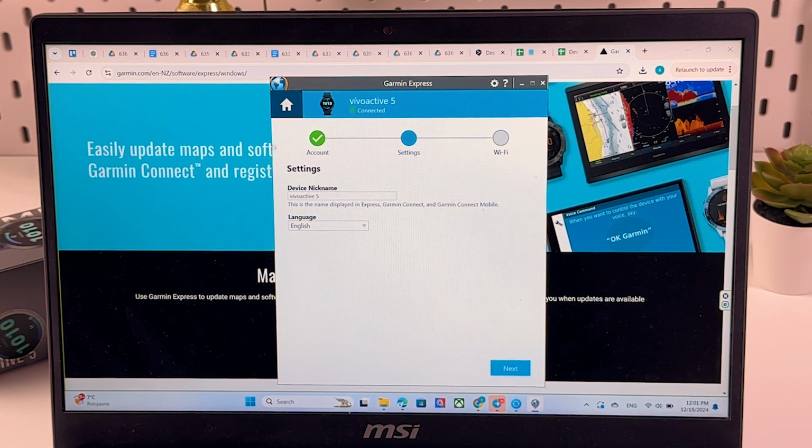Now you would see those settings, so you can change device's nickname, you can rename it and then select different language. If you're done changing settings, you can just click on this next button and now we can connect to